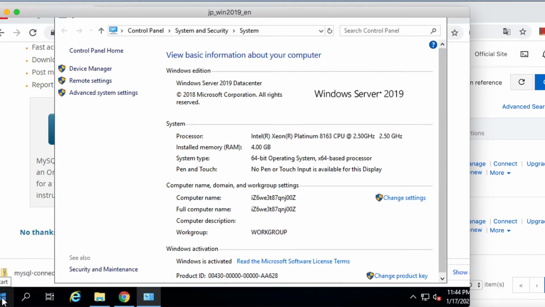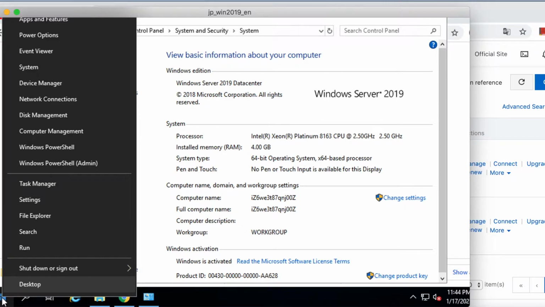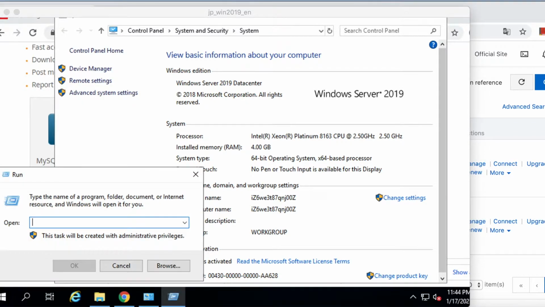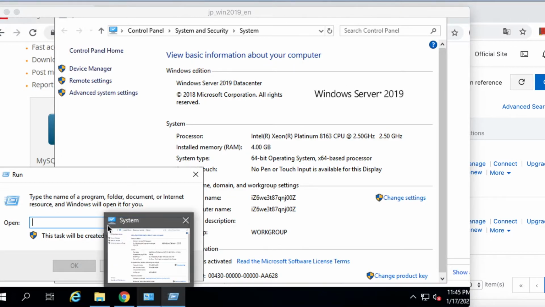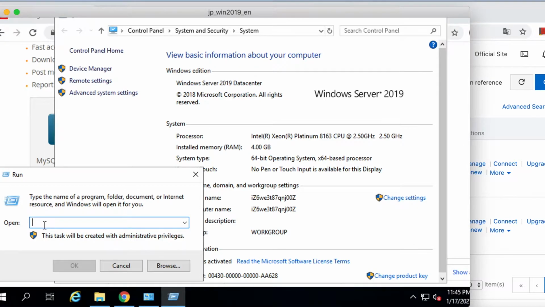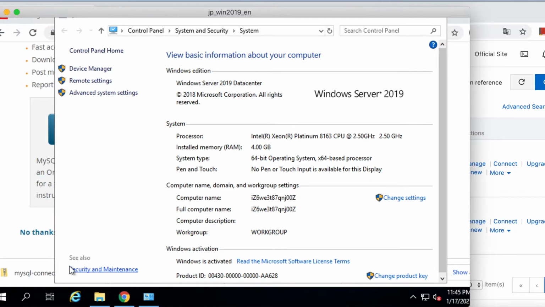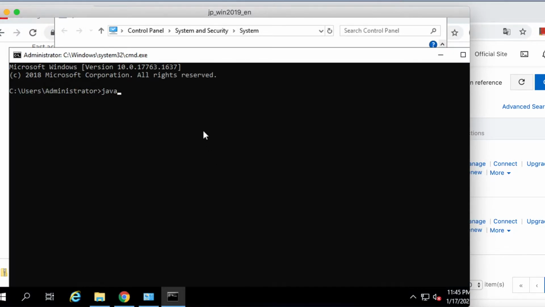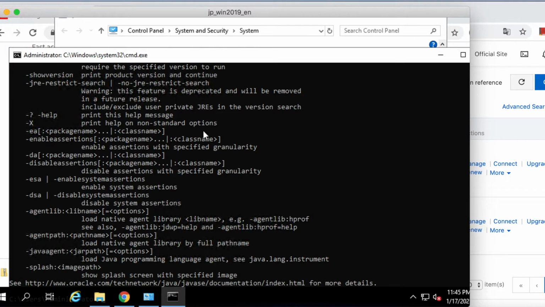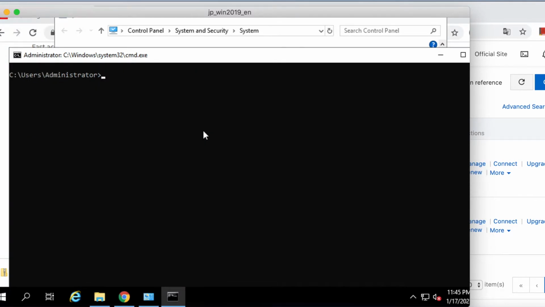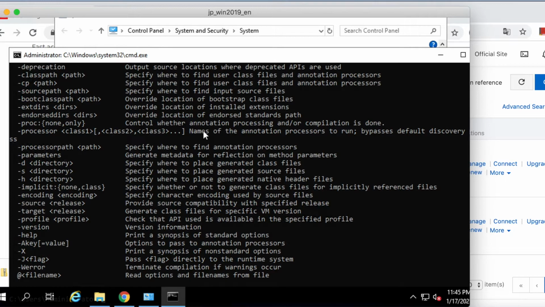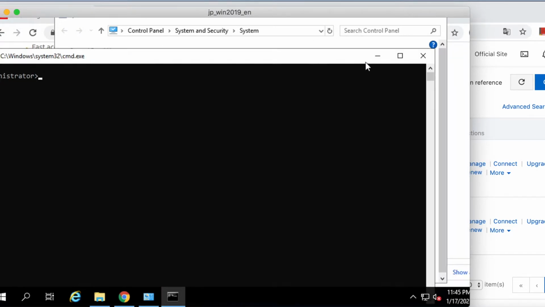Save and run java and javac in the command line to check the environment. Let's see if it worked or not. Windows R and input CMD to open the command line and type java. Enter. It works. And enter javac. It also works. Okay, it's done. Next,